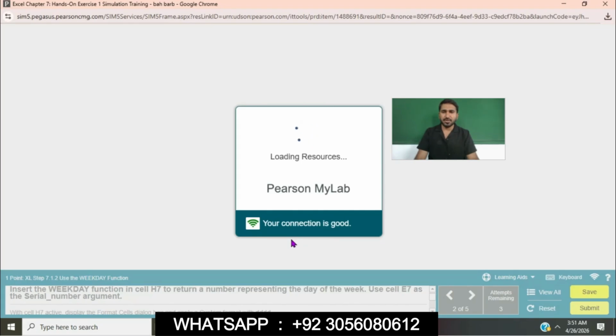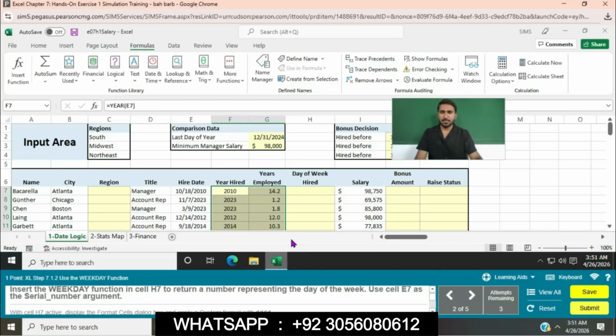So the next question is question number 2. Insert the WEEKDAY function in cell H7 to return a number representing the day of the week.